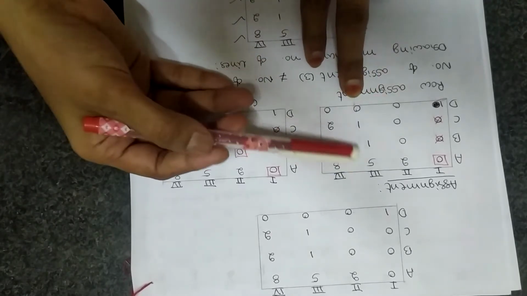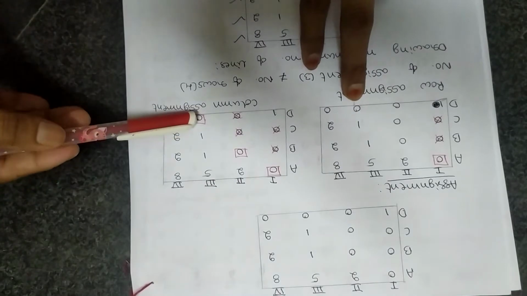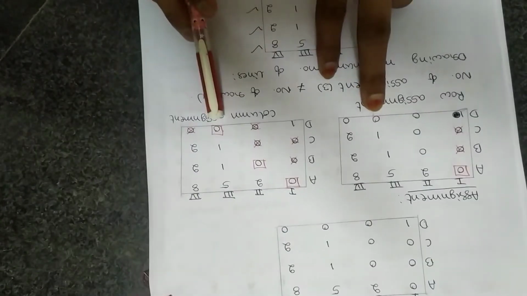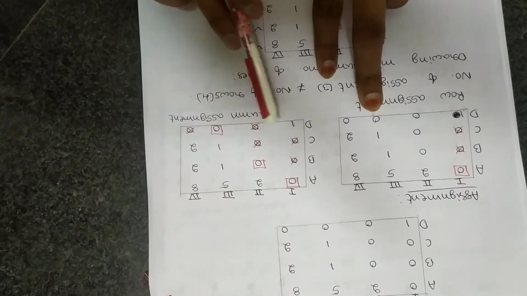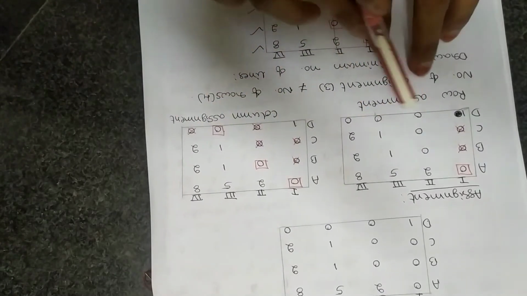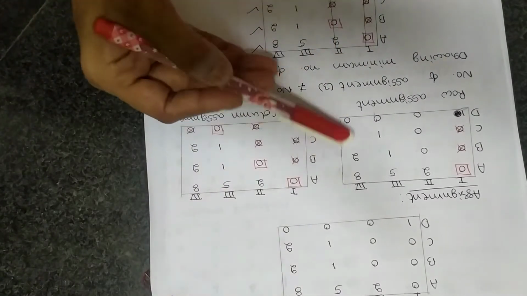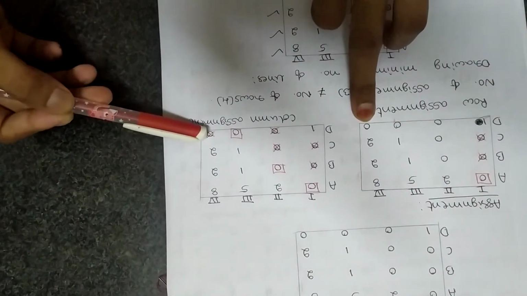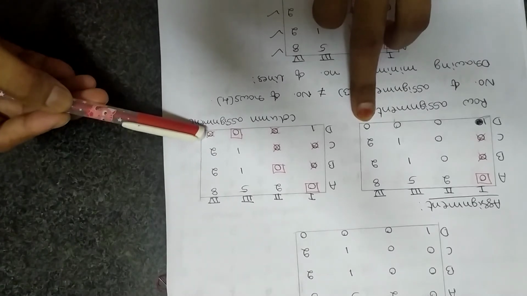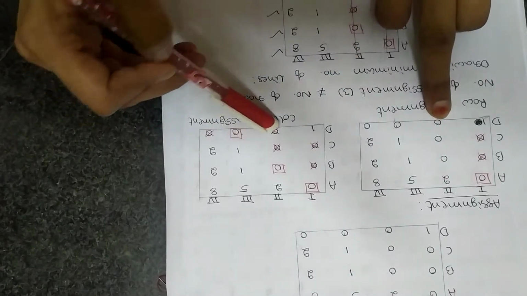Now in the third column there is only one zero present, so let us make an assignment of that zero first. We'll make the assignment of the fourth row and third column, and all the other zeros in that respective column will be crossed, so the other two zeros will be crossed. Now in the fourth row, is there any zero? One zero is present, but that zero has already been crossed, so we are not going to make any kind of assignment here. Next, this row has already been cancelled.